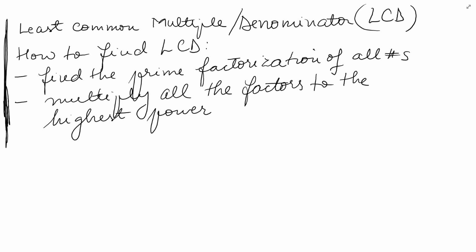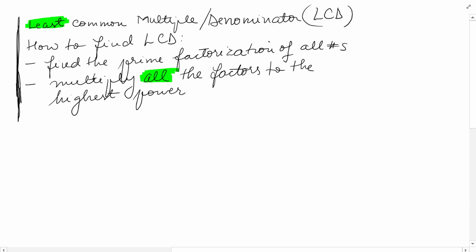Now let's talk about LCD or LCM, least common multiple or least common denominator. How to find LCD? Well, to find LCD, we have to find the prime factorization of all numbers, so exactly what we did for greatest common factor, and then we have to multiply all the factors to the highest power. Let's begin by finding